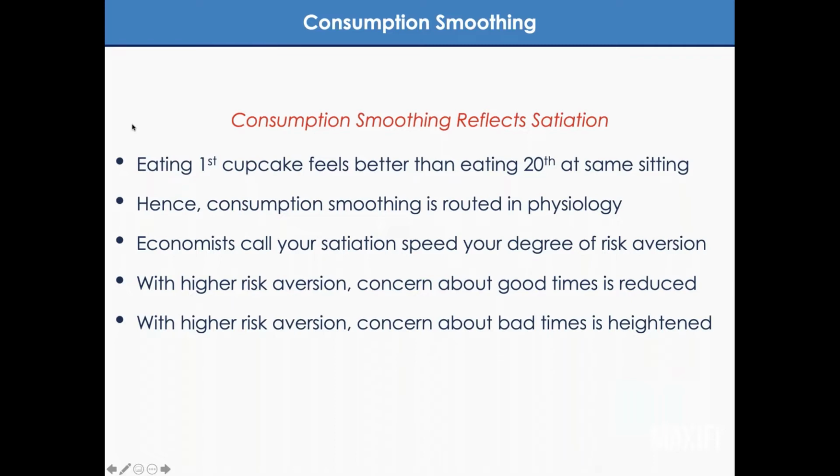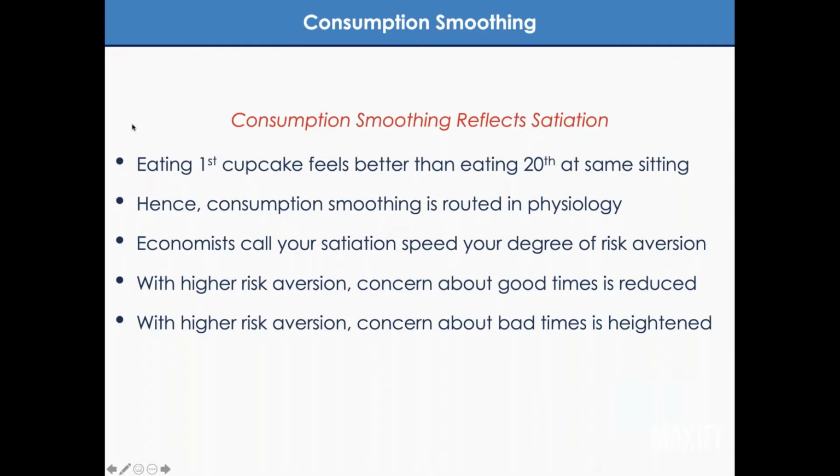If you're sitting down and having some dessert and somebody puts a big plate of cupcakes in front of you and you haven't had anything to eat for a few hours, that first cupcake is going to taste really great. But after you've had 19 or 20 cupcakes, the 20th cupcake isn't going to taste so great. And that's satiation. And consumption smoothing is rooted in